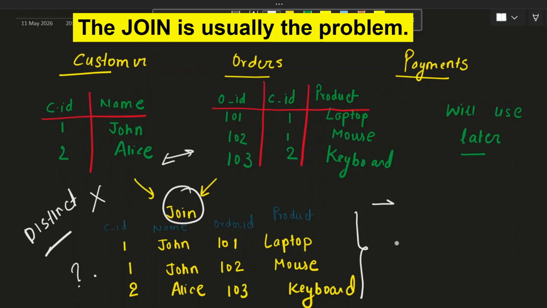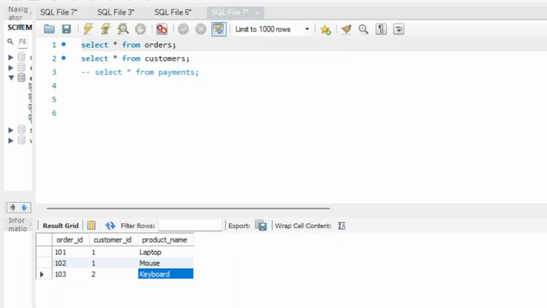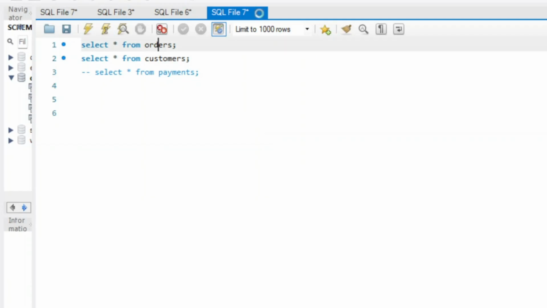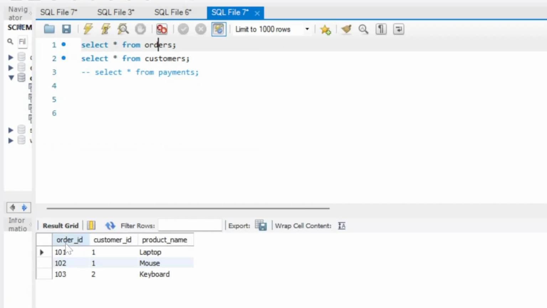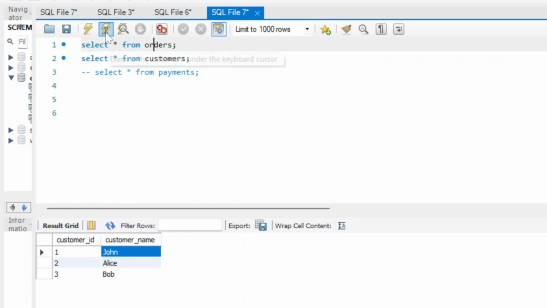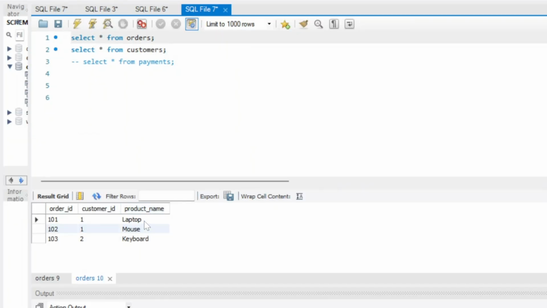So now, let's create the problem first. We are using these three tables to understand this use case. The main table is the customers table with these two columns, whereas the second table is the orders table with one extra column that contains the order ID. If we quickly have a look, we can observe the customer John, whose customer ID is 1, has made two orders for the products laptop and mouse. This tiny detail is the entire reason the duplicates happen.